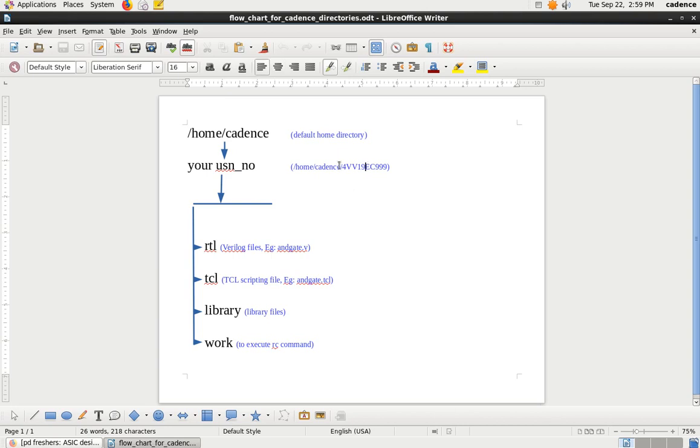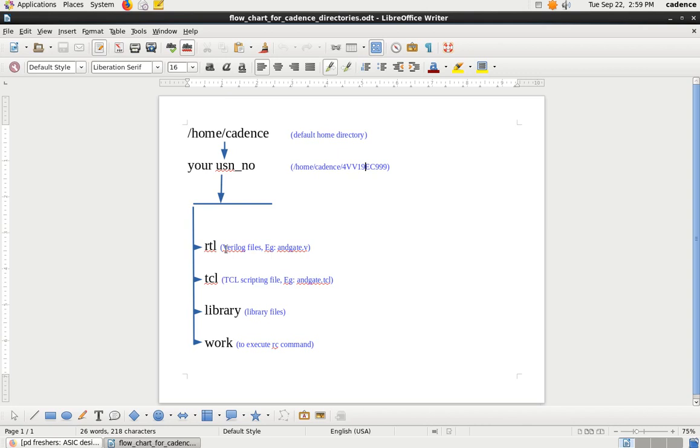An example is as I've given here, right? Inside this you are going to create four more subfolders: RTL, then TCL, library and work.